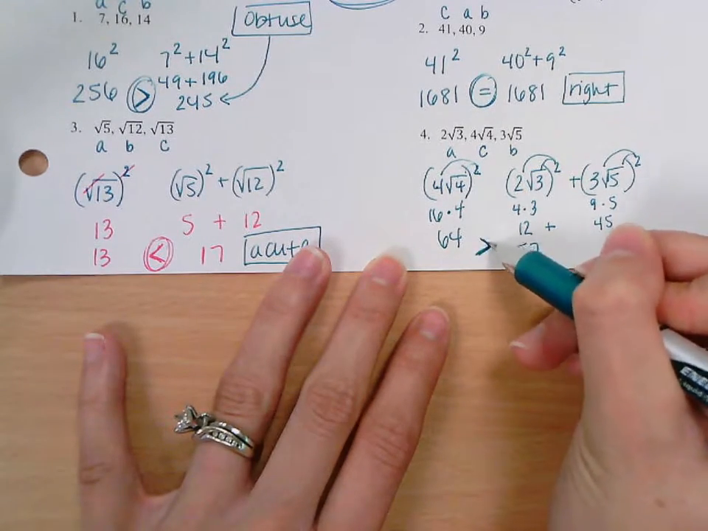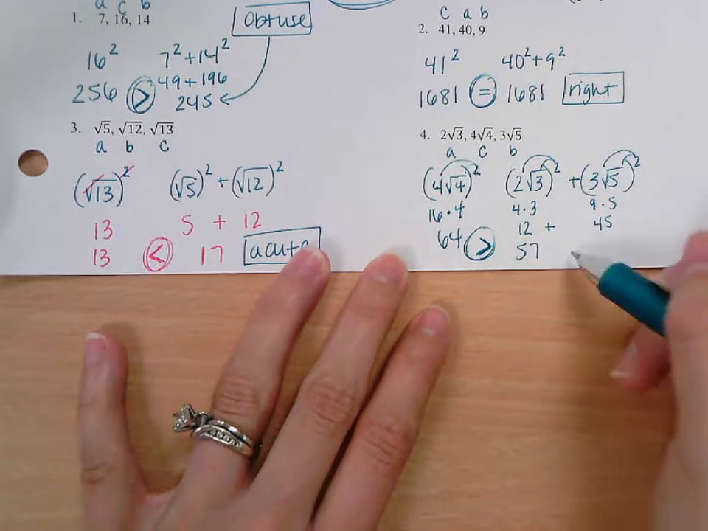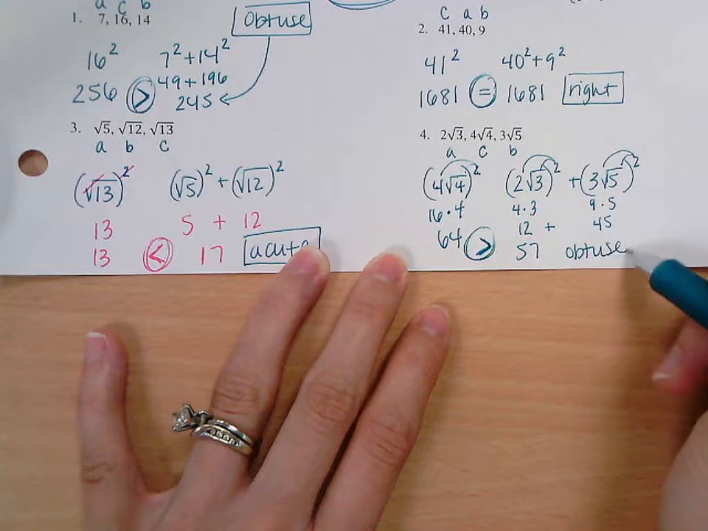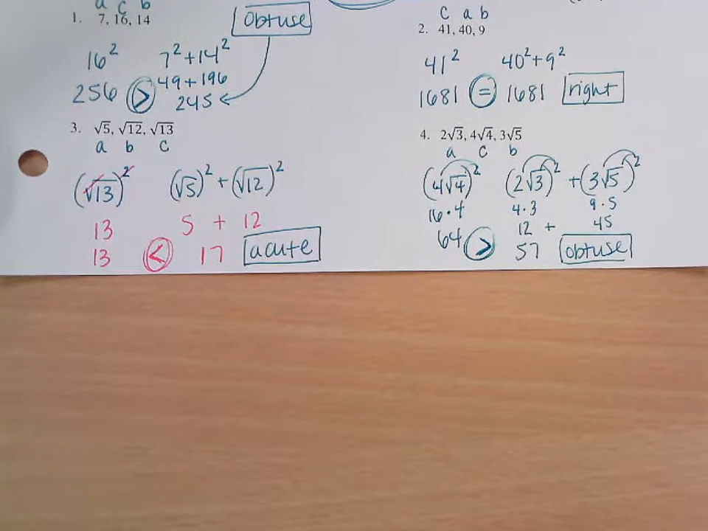64 is larger. So what type of triangle? Obtuse. Okay, so questions on those? Okay, now on the other side,